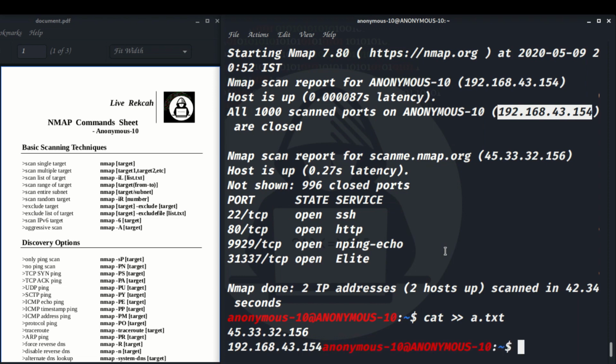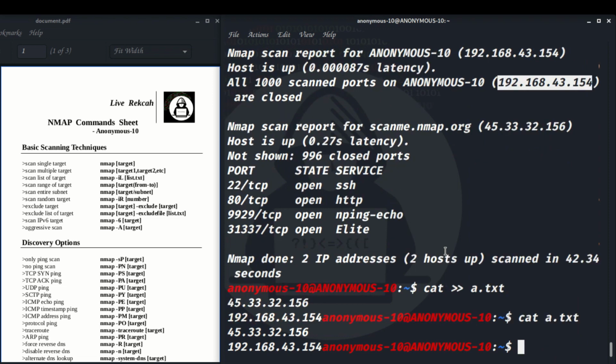Now I'm going to open a.txt and see whether the IP addresses are there. Yeah, they are there. Now how we can do that is nmap. Just put the file name a.txt. Before that, we have to mention that a.txt is a list: hyphen iL, which represents that it is a list.